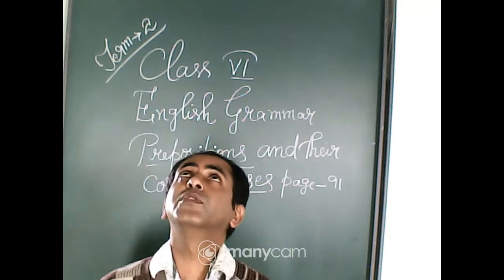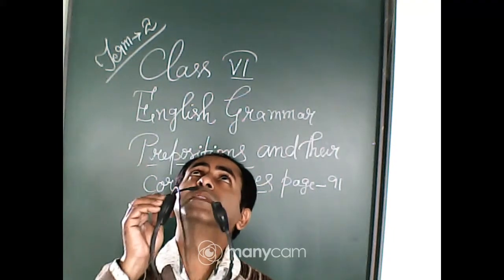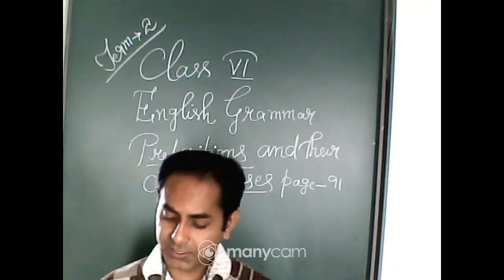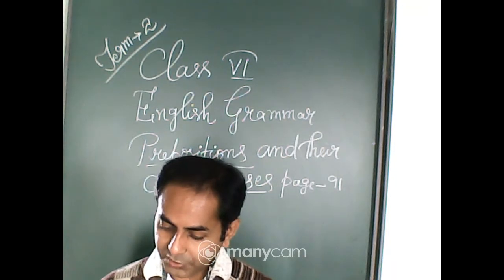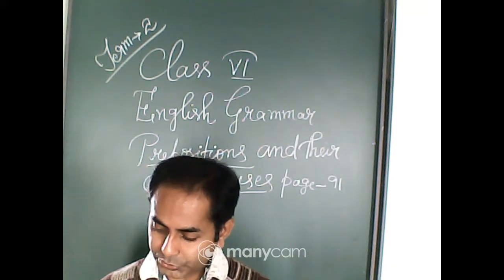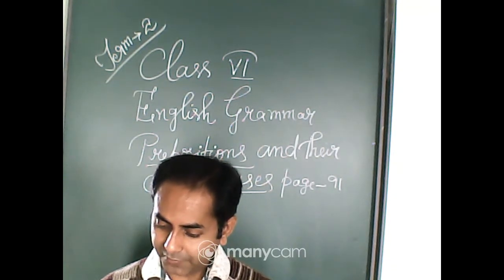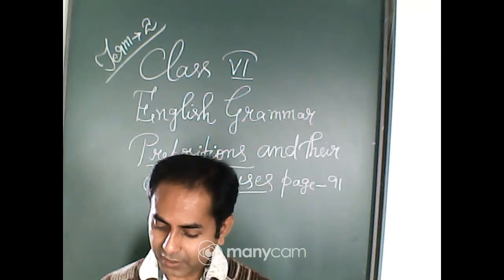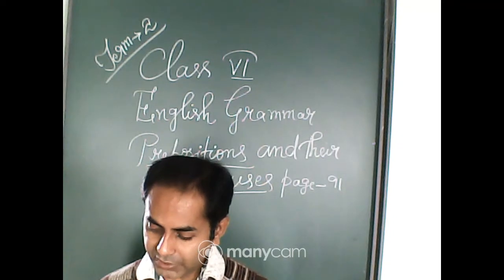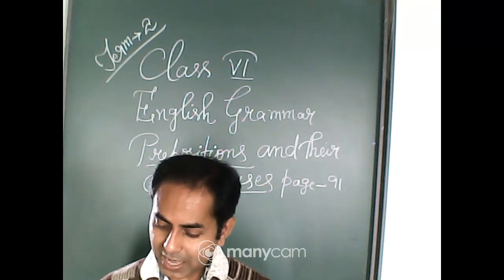Just if you see like this, you can see on top of your head it is. The curtain rod is above the window at a higher level. Above the window, here we want to mean at a higher level. The painting is above the window. It is also at a higher level. The window is below the painting at a lower level.